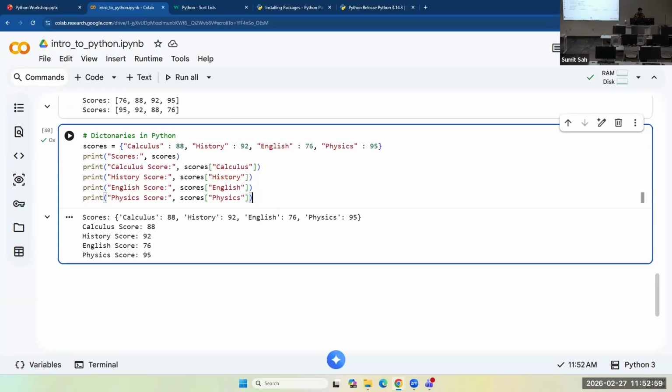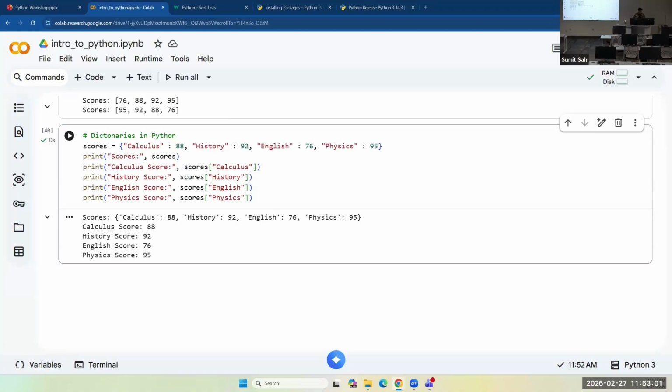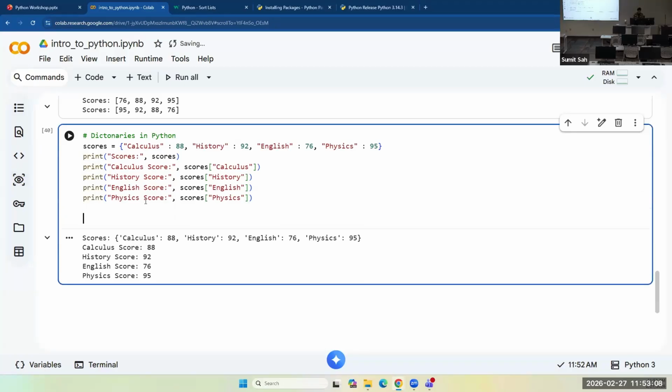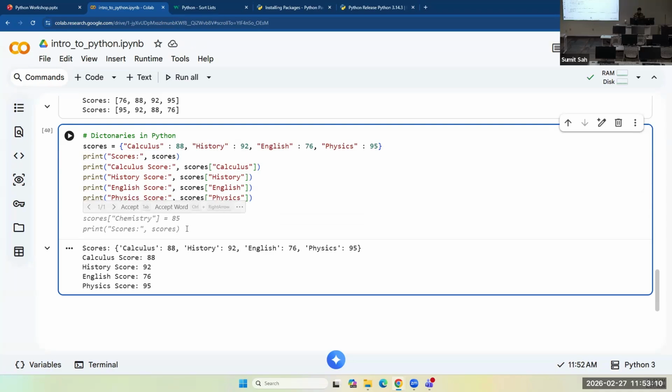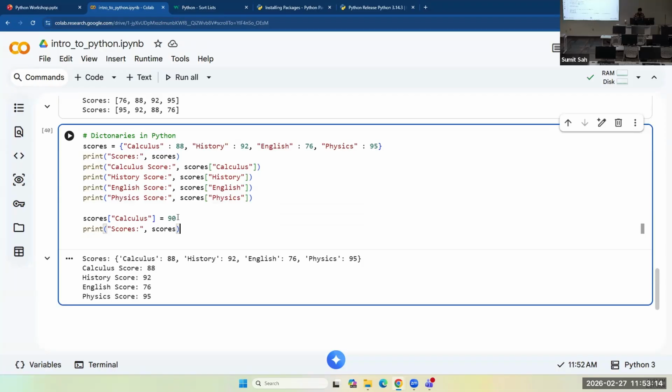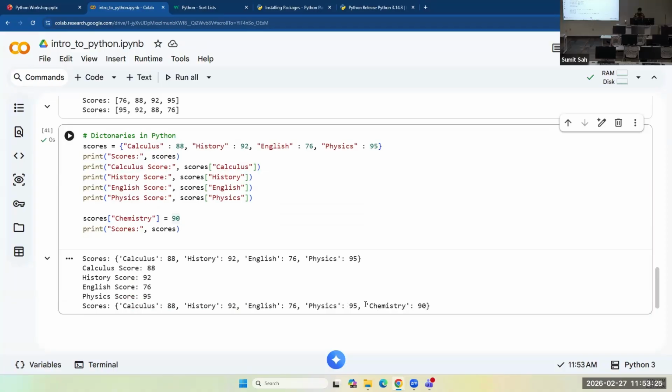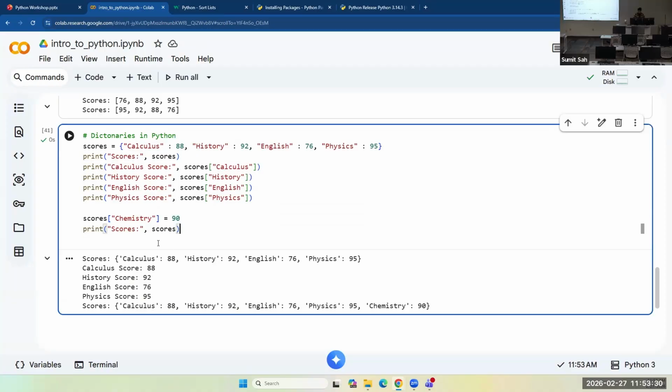Dictionaries are really important. You could also add into these dictionaries, like chemistry, 99, and I have added a new chemistry entry in the dictionary.